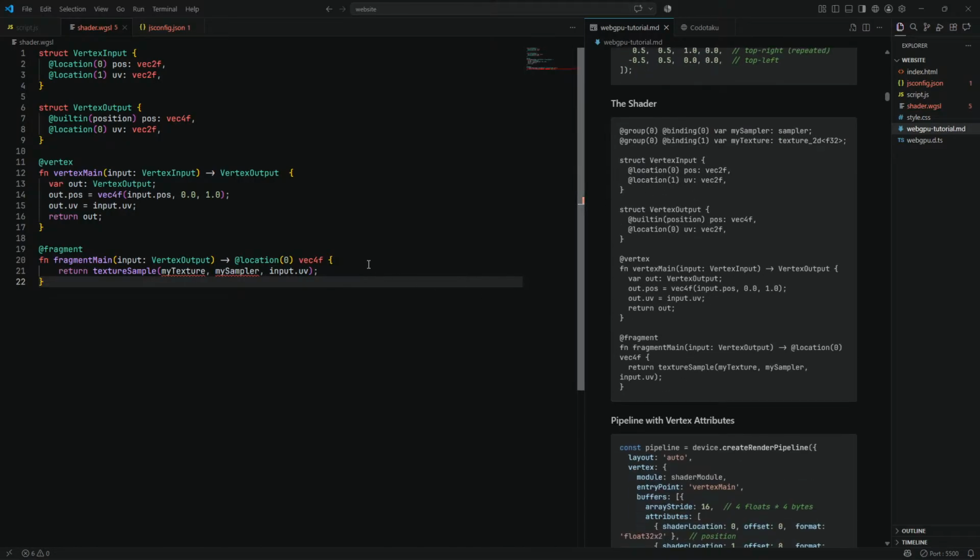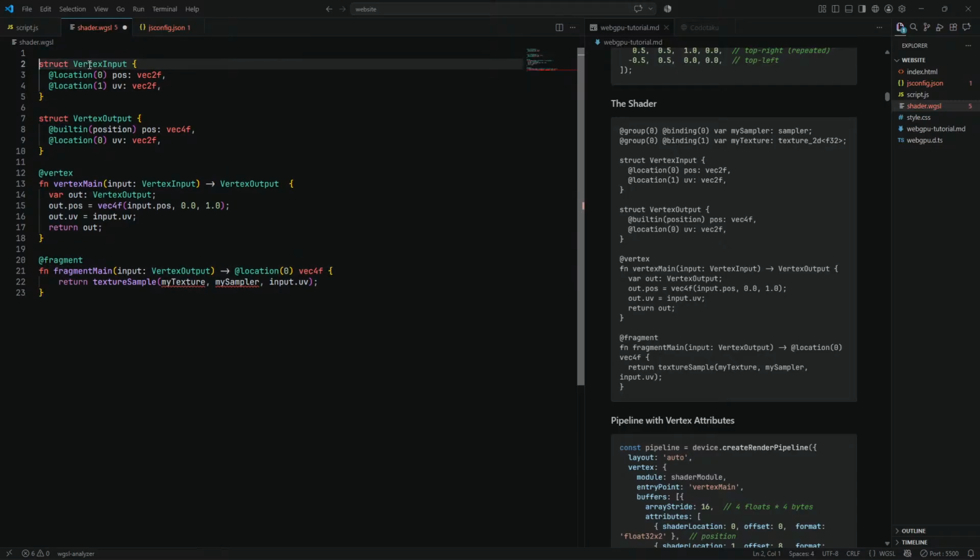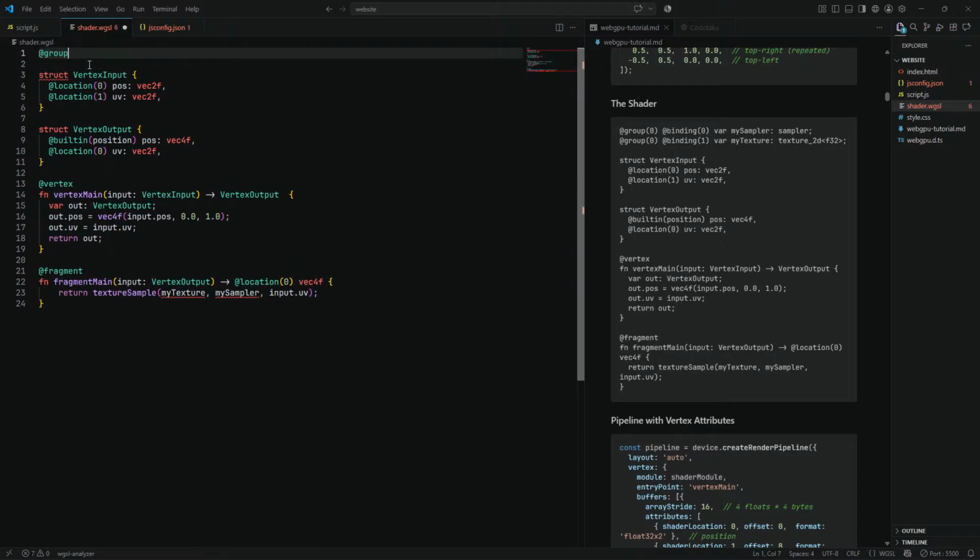And yeah, okay, so texture sample, my texture and my sampler, as you can see, they're not defined here. So you gotta make sure to define them. So you do it this way. You use groups,